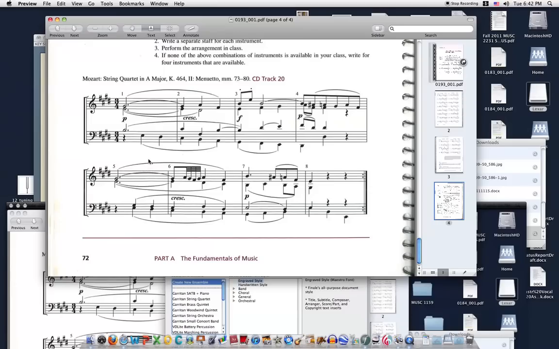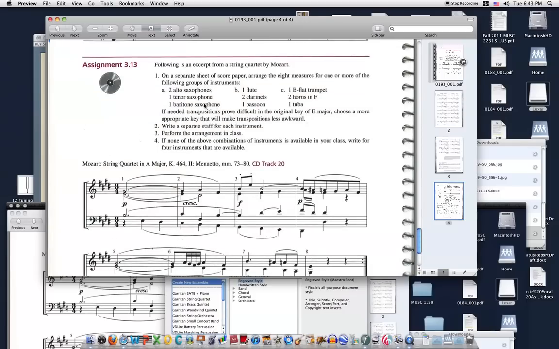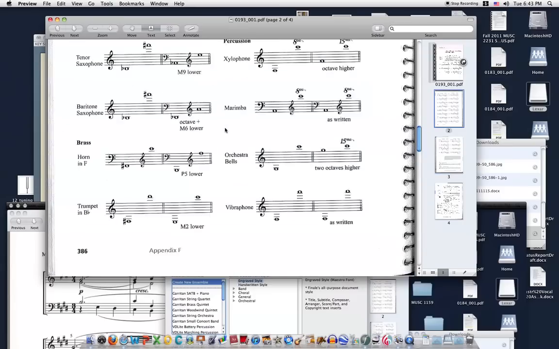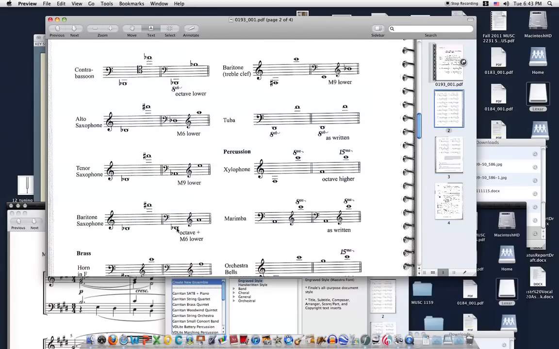So how would you know if an instrument can play a melody that's in concert pitch? Well, we look at the melody and examine its total range. This melody has the highest note in the bass part here. The highest note is E3. The lowest note is D sharp 2. So we need to select an instrument that can play that series of notes. And what Benward suggests here is that the baritone saxophone can do this. When we look at the baritone saxophone range, sure enough, the baritone saxophone can play all of those notes comfortably